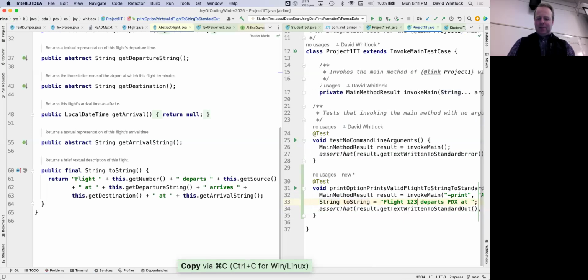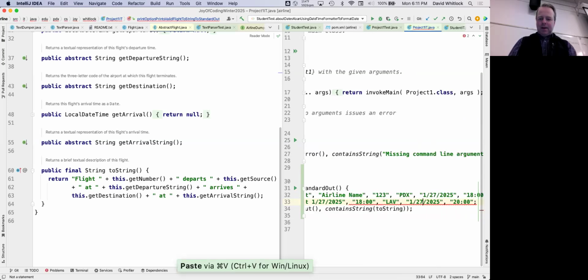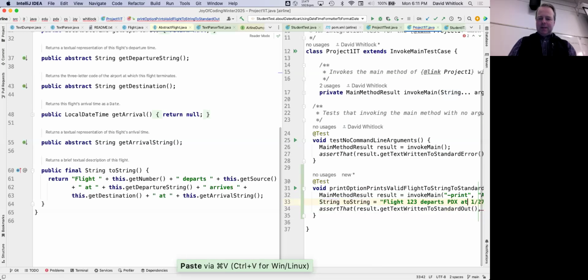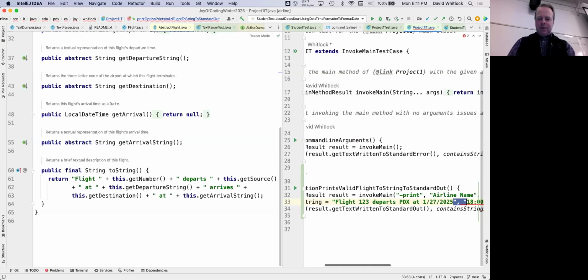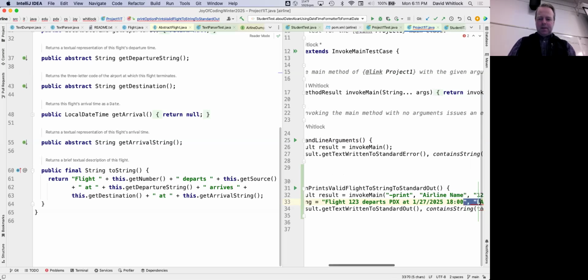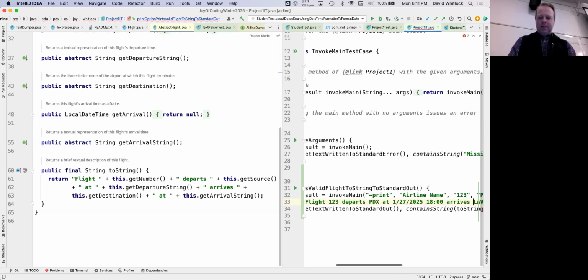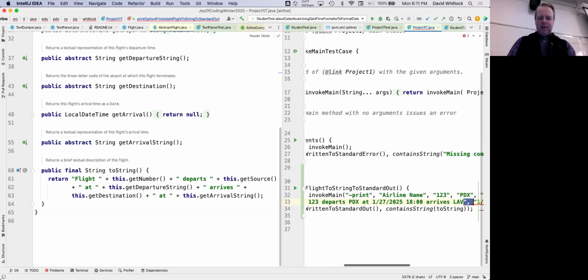It's going to be ugly here, but it'll work eventually. Departs PDX at this time. Arrives LAV at